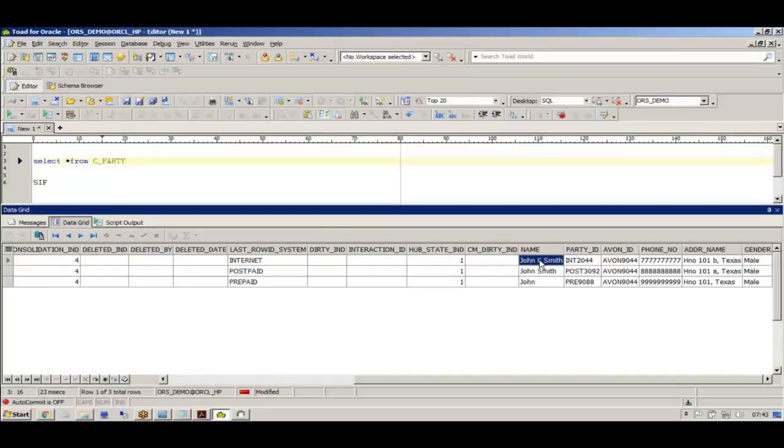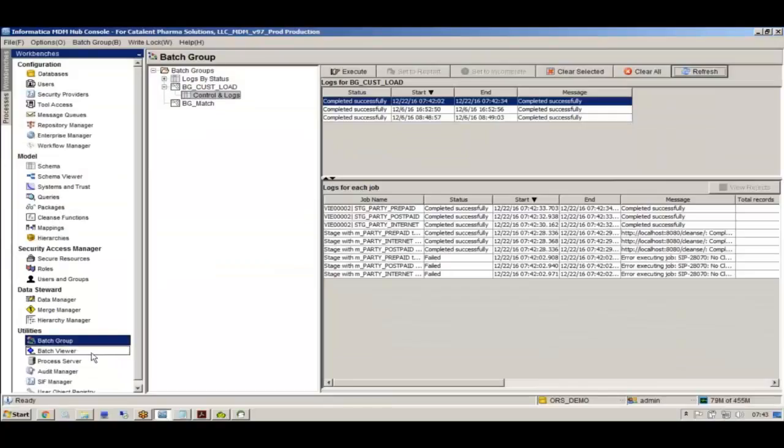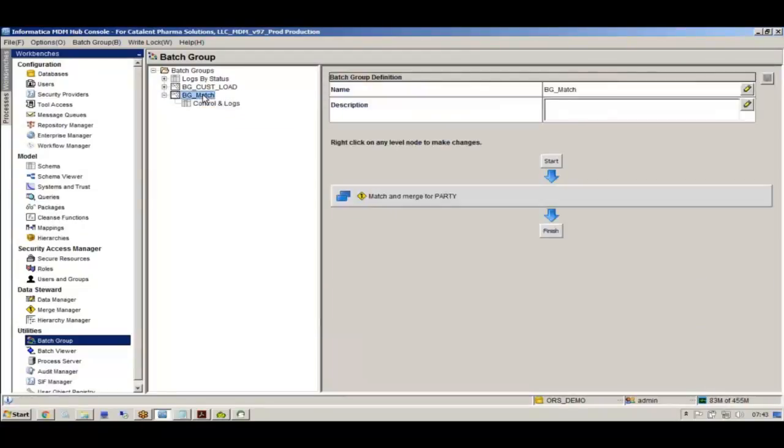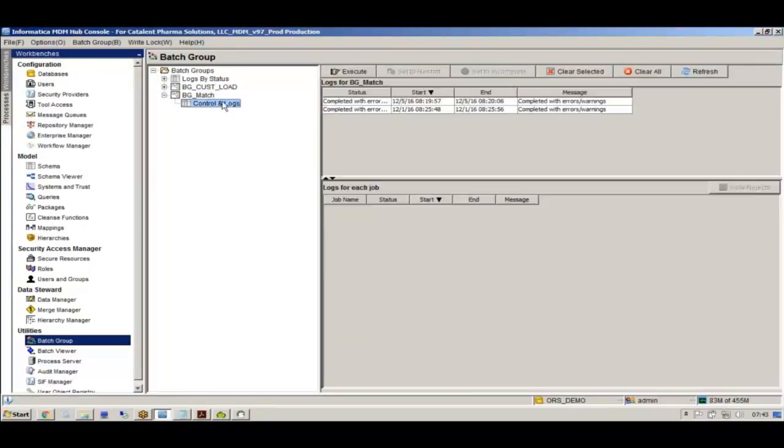Once I do match and merge, you will see that Informatica will identify that these three records are duplicates, and then it will merge them to create the unique version of truth. And that will happen when I run something called the match and merge job. So this is my match and merge job. Once I run this,